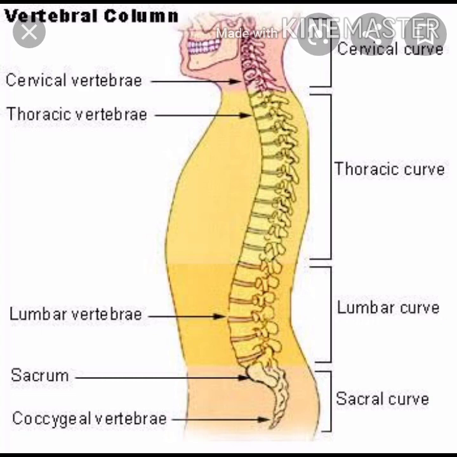What would be the condition if the backbone were a single bone? We would not be able to move or bend our body. Lifting or bending of our body is not possible if it is a single bone. So to make our body function smoothly, the backbone is made up of a number of small pieces of bone, and this backbone also protects one of the important vital organs of our body, that is the spinal cord. The spinal cord is protected by